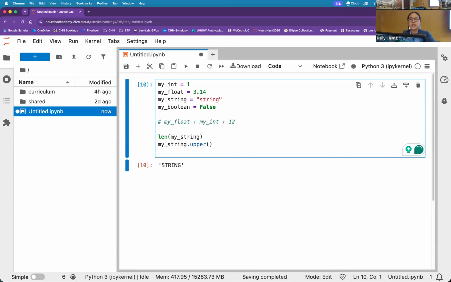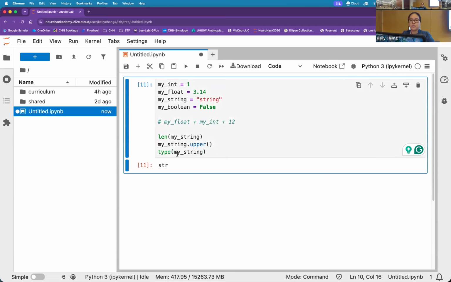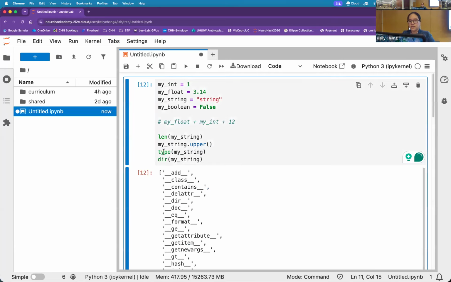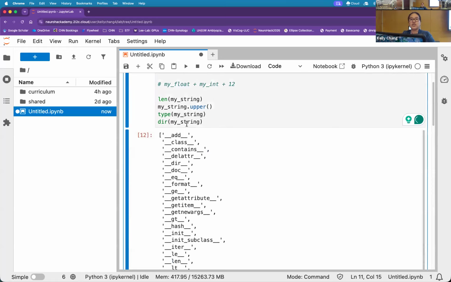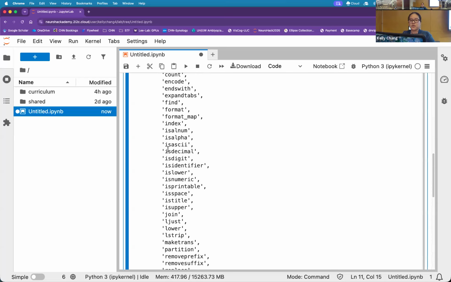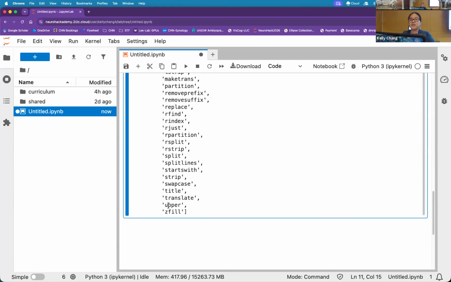But if you really want to dig into specifically where you can look at types of variables, right here I'm typing type as a function and then my string. You'll notice that when I hit print, it tells me that my string variable is a string. If I type in dir, my string, you'll see that it lists a bunch of things associated with this string class variable. And if I scroll down and squint and read slowly, you'll see that there is this upper field that got printed out. That's that upper method that was buried in the string class that you might not have immediately known about, but it's there.